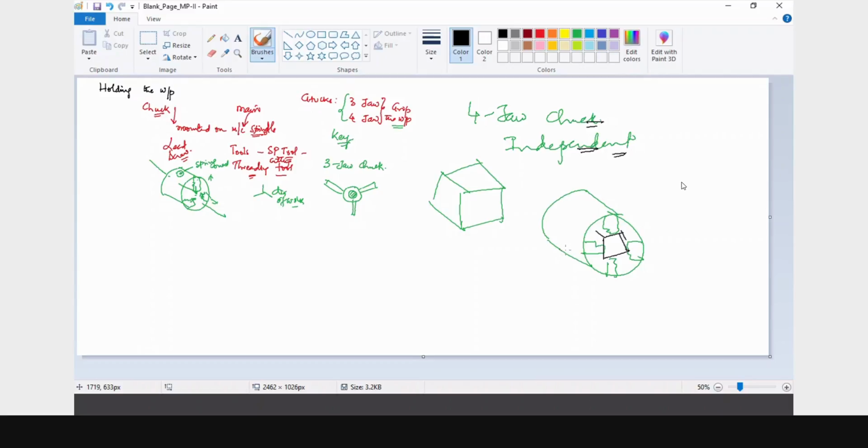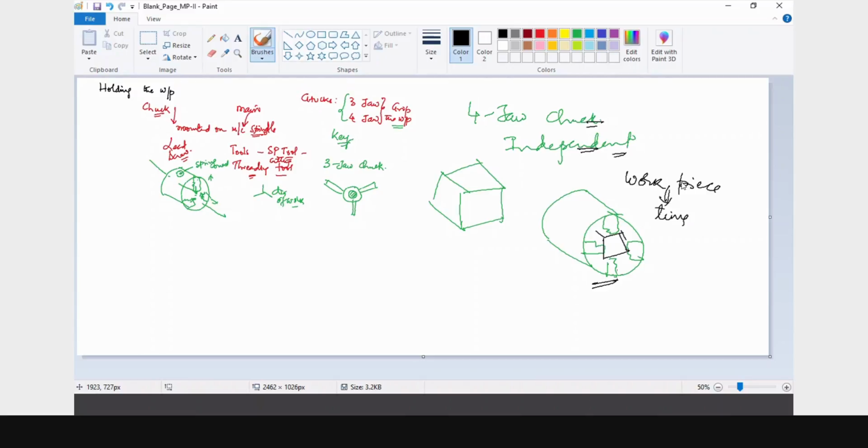Although in the four-jaw chuck, the workpiece tightening or holding takes a lot of time because you have to do tightening at all the four locations, over a period of time the operator also will get expertise, and that can be done faster.